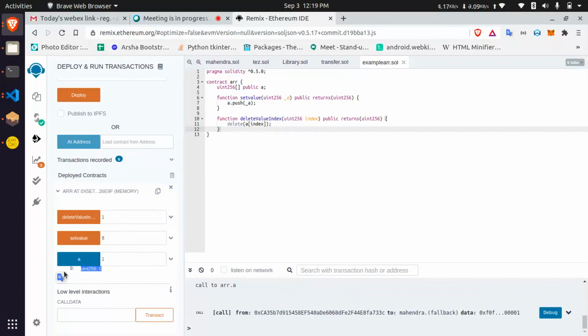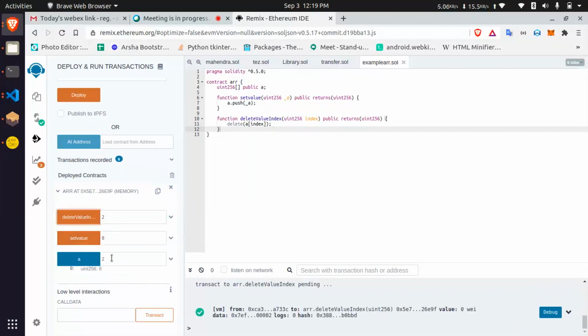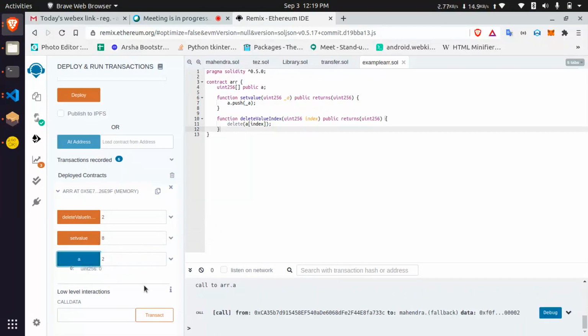But here we are deleting only the values, not the allocated memory. Okay, this is what you get in this place. For example, in the second index you have 8. If I delete the second index also, it will be replaced by 0. Okay, let's see that.